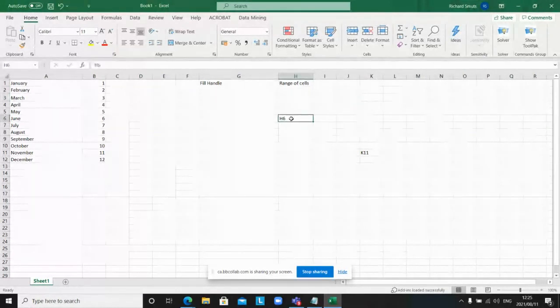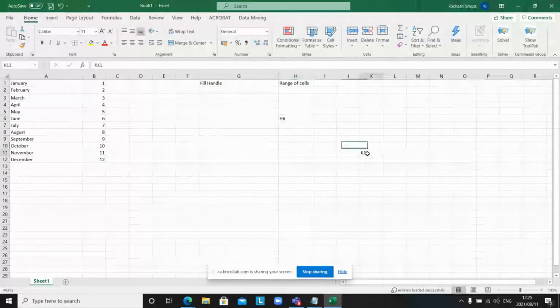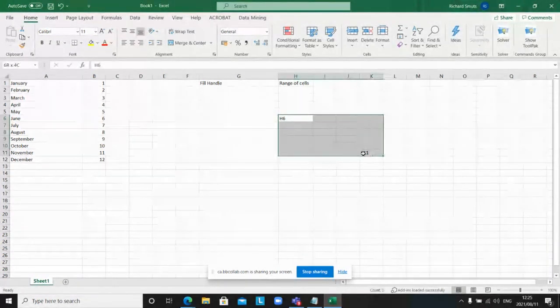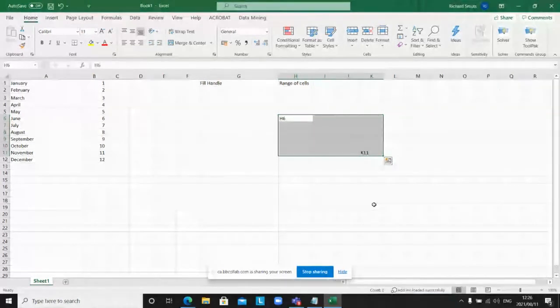This cell's address is H6. This one is K11. If I highlight a range and let go,